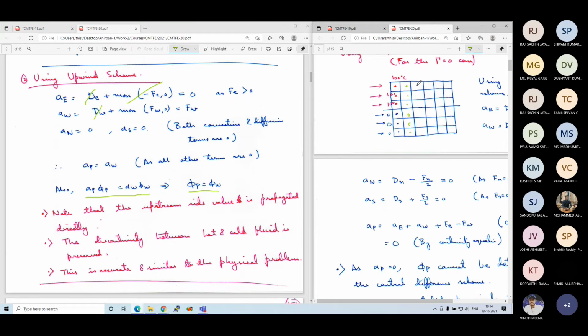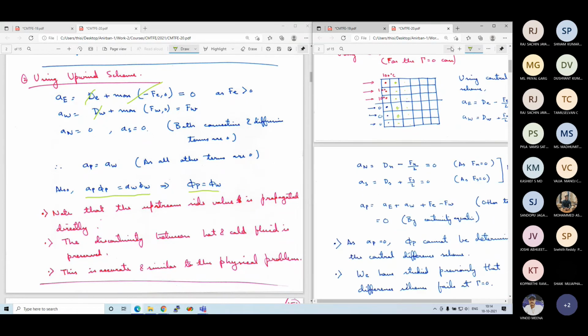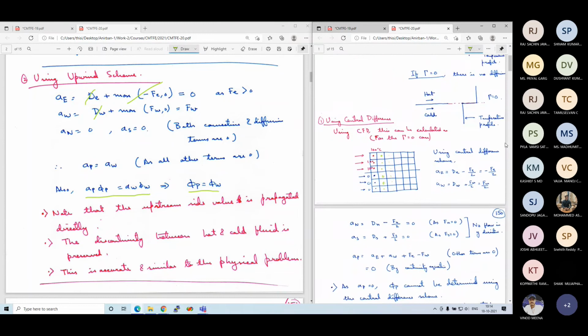And again in the next grid point also same thing will be conserved. So we will see that the values here are equal to the values here. Similarly, this value is equal to this value is equal to this value. So all the points along this direction will maintain the temperature 100, 100, 100 and 0, 0, 0. So it means that we get the temperature profile using this scheme, which is the correct temperature profile, which we expected, like this profile. This is preserved.